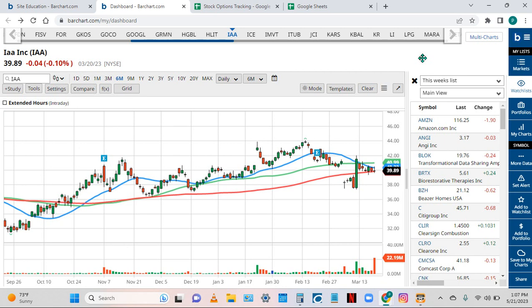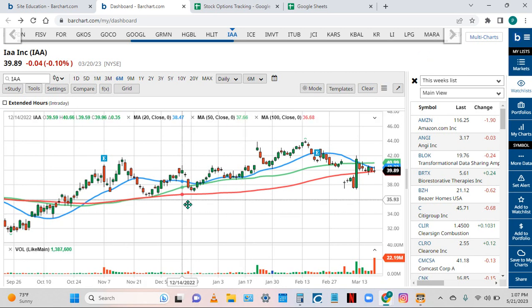IAA Inc. This is on the list because it looked like the trend was turning up. All these lines were turning up, and then it failed. And then we got this big green igniting bar at around 37.50, and now this is more of a traditional bull flag. I'm not 100% sure about this, but